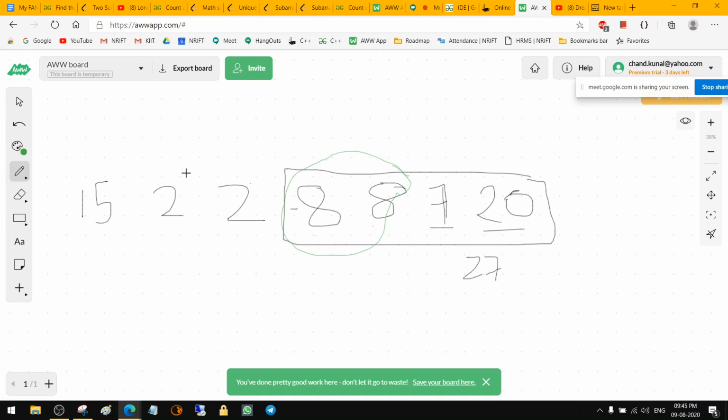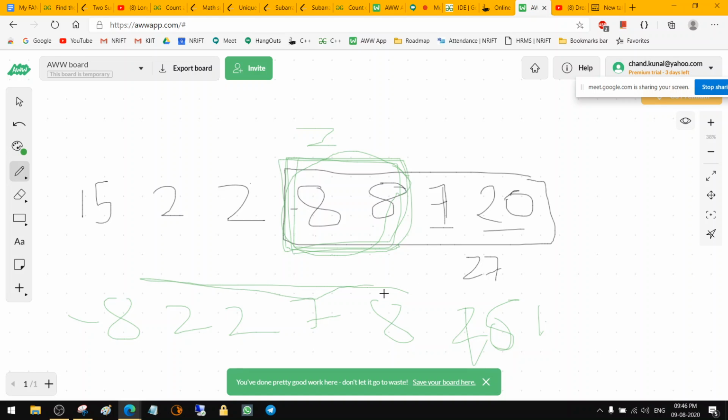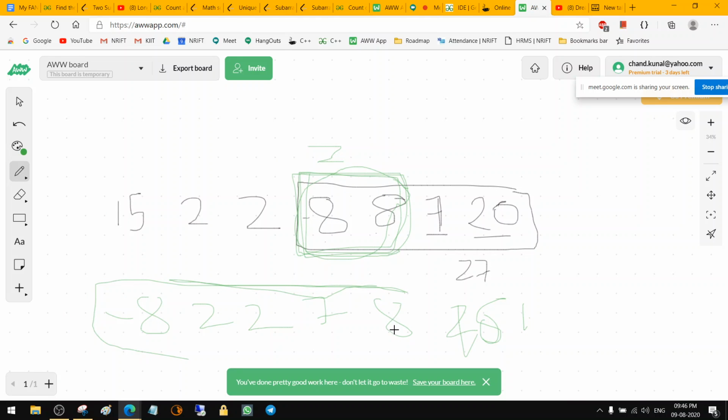मान लो सब एरे सपोज यहाँ है, ठीक है, सब एरे का लेंथ कितना है, 2 है। आफ्टर सॉर्टिंग क्या होगा, -8 सबसे पहले आएगा, फिर आएगा 2, 2, 7, फिर 8, और फिर बाकी सारे जैसे 20 और 15 और 20 आएंगे। तो सब एरे सॉर्ट करने के बाद फिर सब एरे तो रहा ही नहीं। 8 और -8 तो अब कभी जीरो तो हो ही नहीं पाएगा, बिकॉज जैसे ये 8 और -8 आएगा तब बीच में 2 और 7 आ गया। तो सॉर्ट करने से तो क्वेश्चन ही बदल गया।